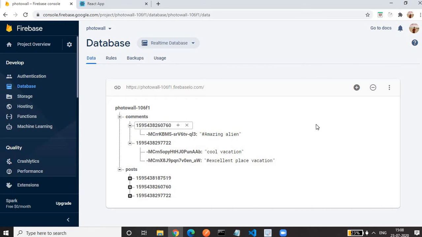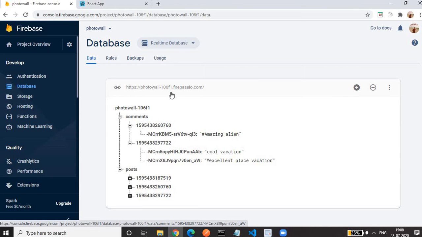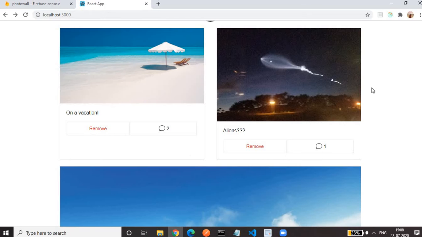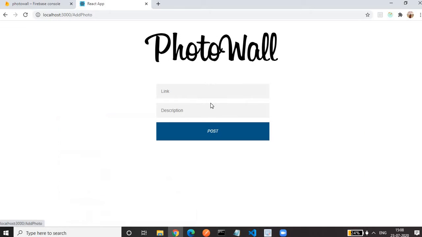So if you ask me how I have stored the data in this Firebase, you have 2 options. One is, go here, you can do import JSON. If you have a JSON file or Excel file having the data, you can click on this and import your data. Everything gets loaded here. That also you can do. But in my case, we have less data. So what I have done, I have gone to my application. If you have followed my videos, in the previous video you have seen there is one page, add photo. Here I have added the link and added the description, and it gets added to the database directly. So in this way I entered the data for our database.